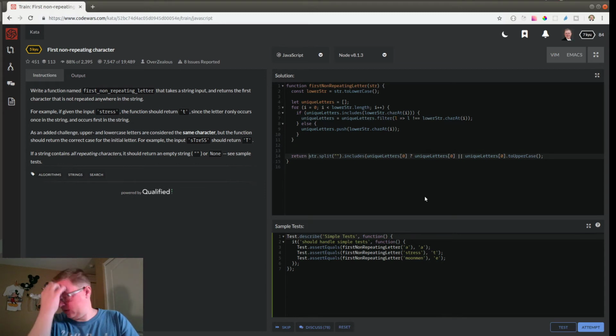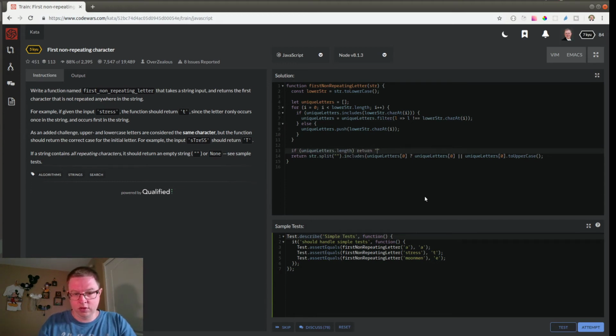and we could do a nested ternary. I hate nested ternaries, but there's a couple ways to do this, right? So I could say if unique letters dot length. All right, so if there are no unique letters, it'll return the empty string which it wants, and it'll only hit this if there are letters, and this will just check the case of it. Otherwise, I could do something like a nested ternary return